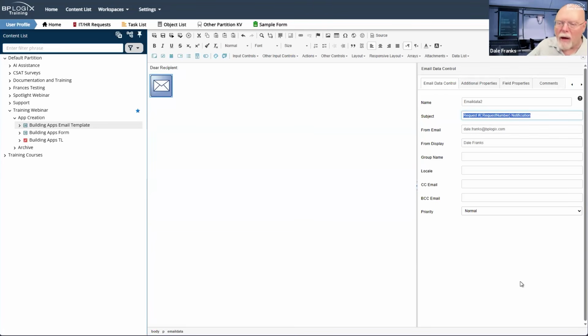What we're going to do now is create our three messages, and we're going to encapsulate each of our messages inside an embedded section control. Each of those three messages is going to have its own email data control, and then we are going to test to be sure that we are sending the right messages to the right people. At least I hope we will, because it is 10:38. So let us get started on doing this.